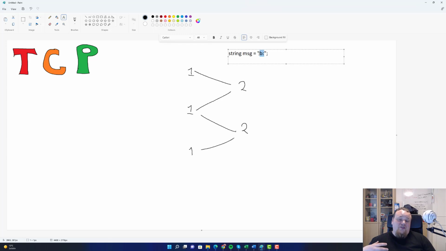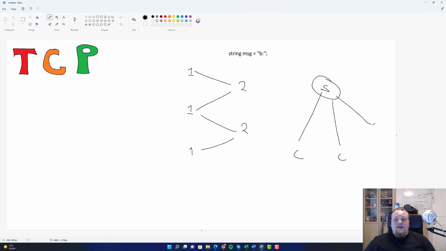Now, if you're just sending something directly to another person, then there is no server, and this is basically the way it's going to be. Now, if you're doing something called a client-server setup, then you have your server right here, server S, and then you have all your clients like this, talking directly to the server. The clients do not really know about each other, so they are isolated to their own box. So how does the client then know who's connected to the server and everything? Well, basically that is a part of what the protocol is.